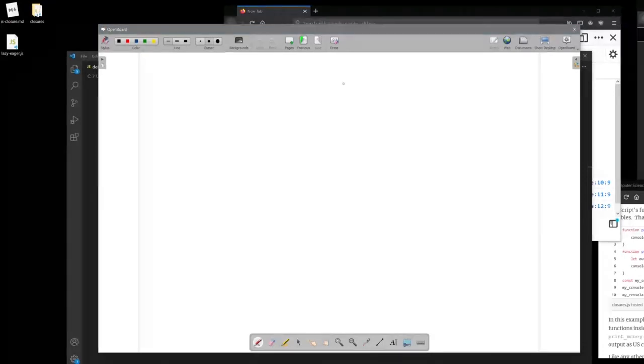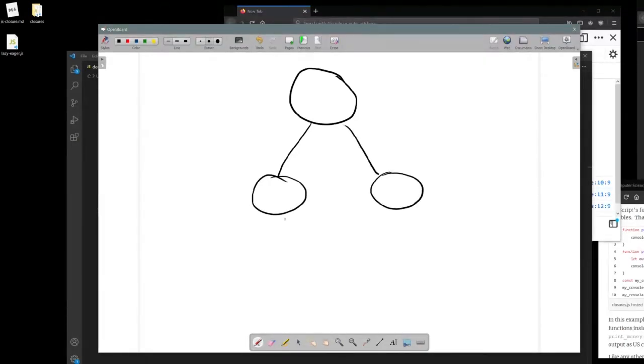Inside of most languages, including JavaScript, Java, C++, etc., the memory is represented as a heap data structure. And a heap structure is a tree-like structure